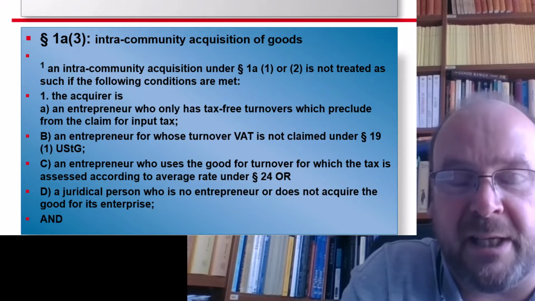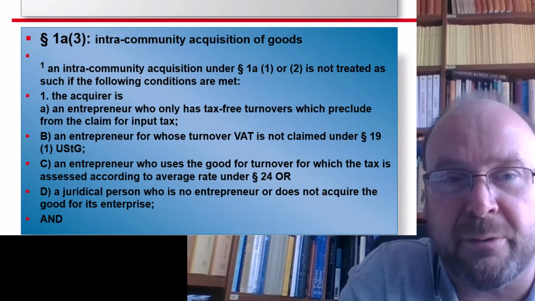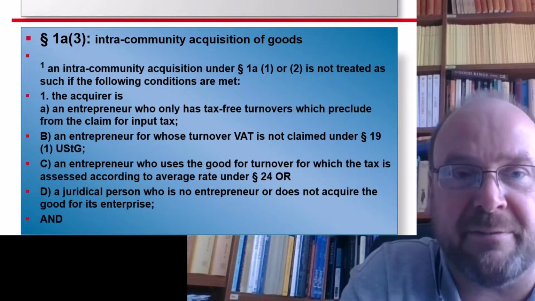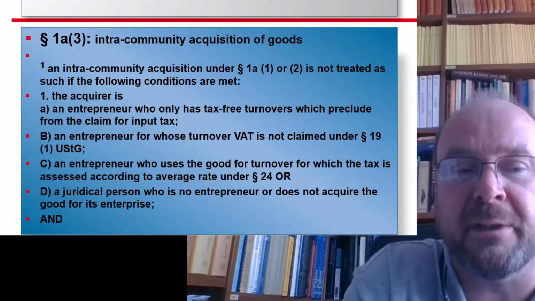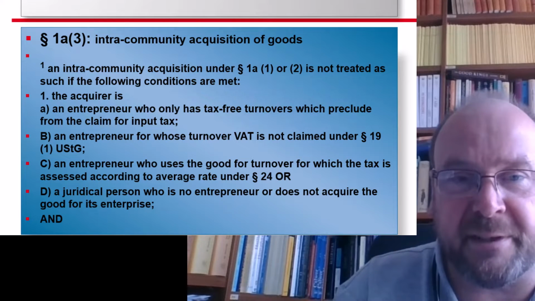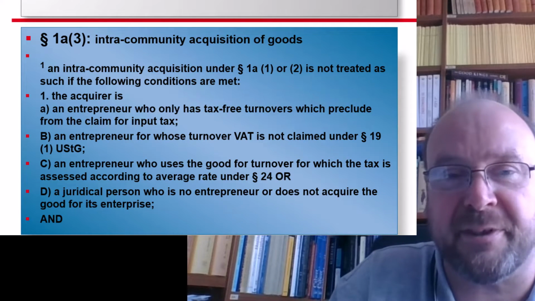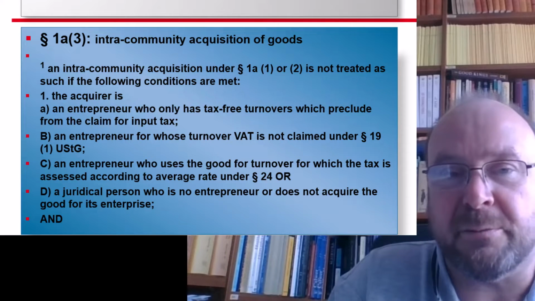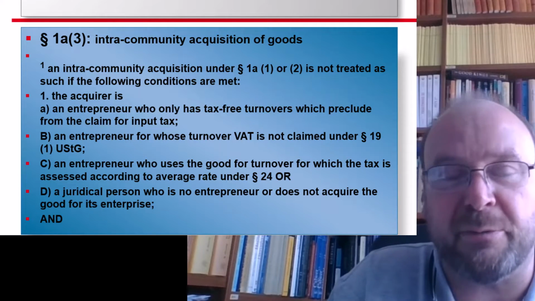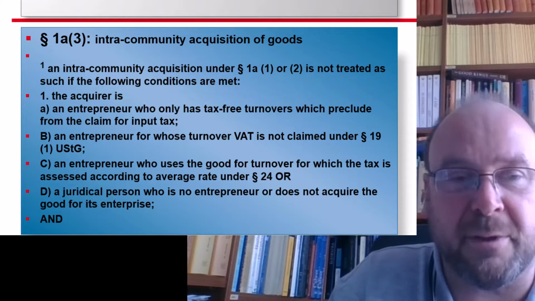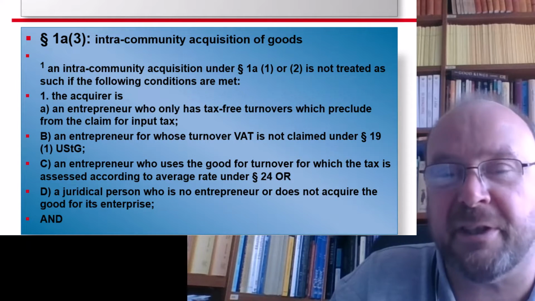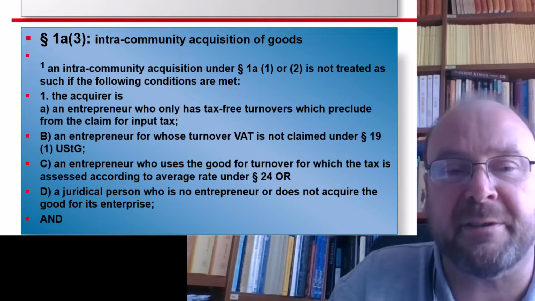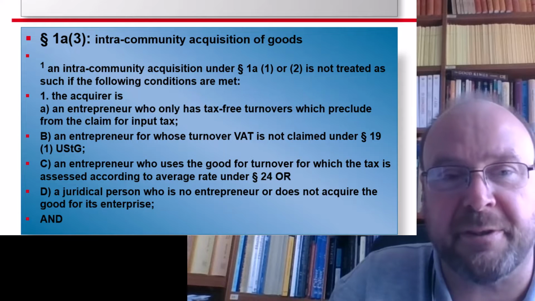That means A describes an entrepreneur who, due to tax exemptions, does not have to hand in any VAT declaration up till now. So forcing that entrepreneur to pay taxes on an acquisition of 100 euro from, let's say, Belgium would trigger a tax of 19 euro and would trigger enormous fees for having to make a VAT declaration and enormous bureaucratic effort. So this is evidently correctly described as a half idiot.